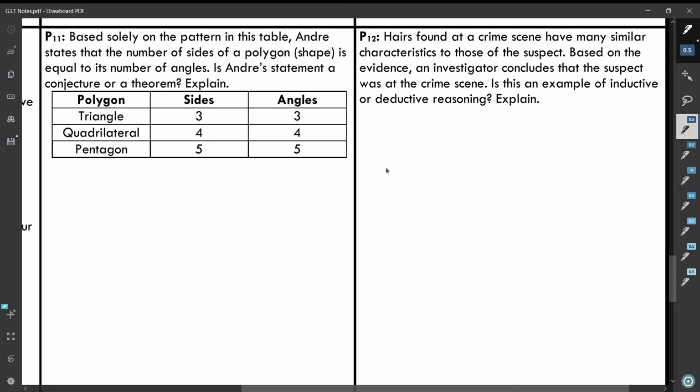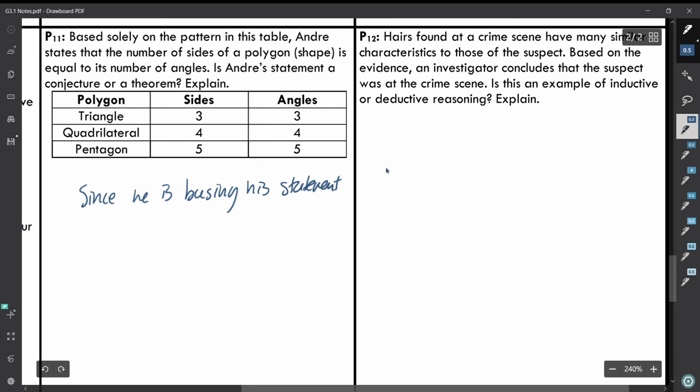Okay? He's using specific evidence of polygons. He's not using statements that are true about all polygons. He's using them for specific types of polygons. He sees that for these three polygons, his statement is true. Okay, so since he is basing his statement solely on the data in the table,